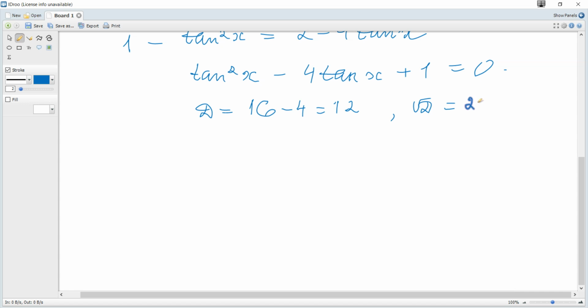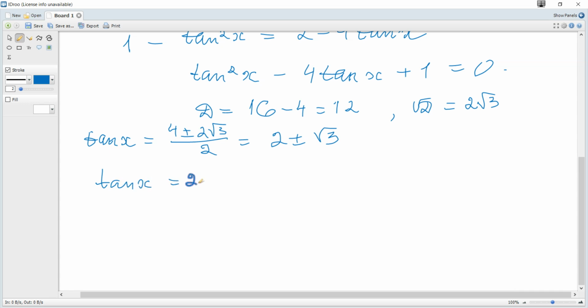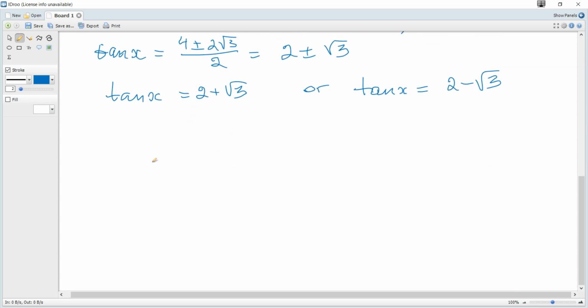it's just 2 root 3, hence roots are, so tangent x is equal to minus b, it's 4, plus minus 2 root 3 over 2, so it's 2 plus minus root 3. So tangent is 2 plus root 3, or tangent is 2 minus root 3. And let's write the general solution. General solution is, this argument is just arctangent or inverse tangent of this